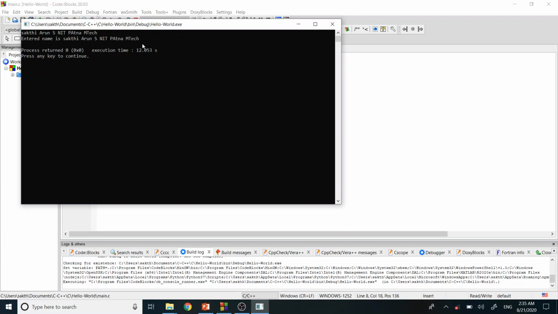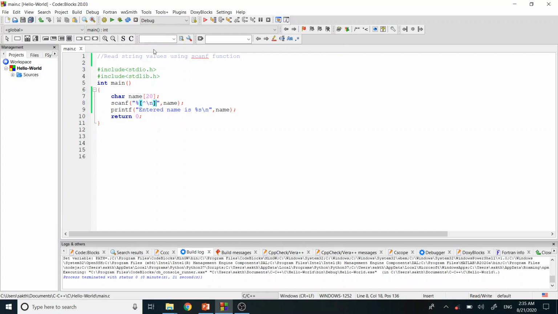That's because when I press enter, it's like a new null character, and as given here, it can read all the values except the slash n. Slash n is basically the escape sequence for a new line. So that is what it is mentioning.